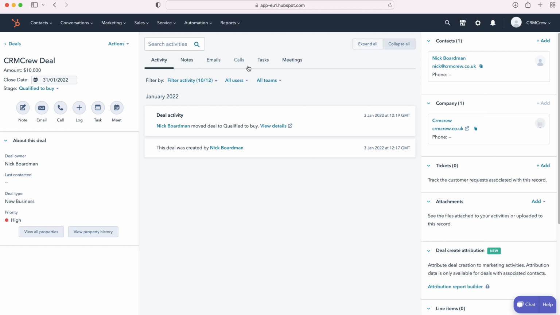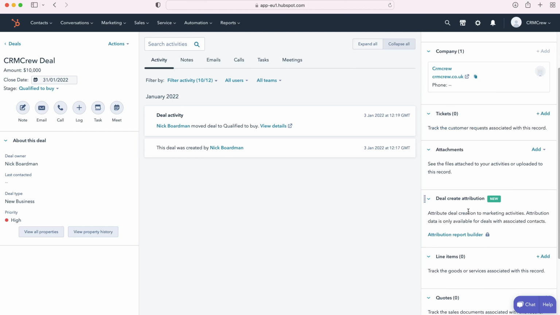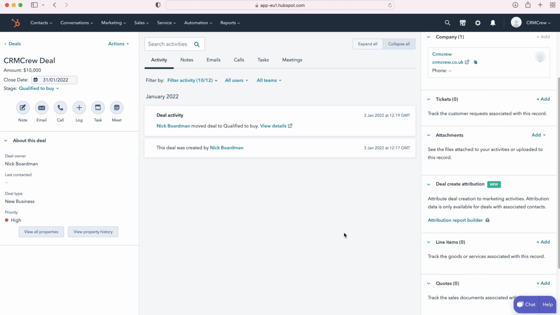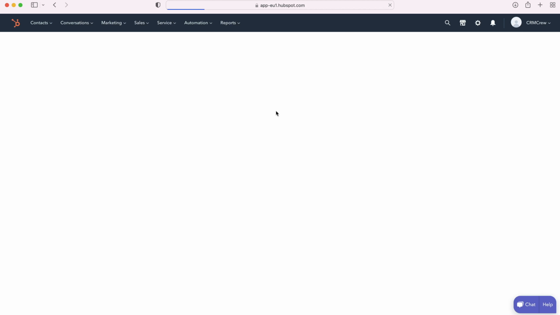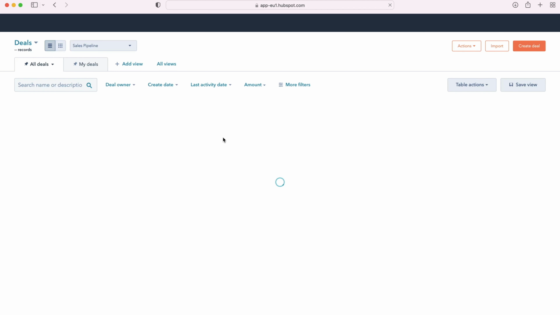And then on the right hand side we have some additional information as well, which is obviously very, very useful and makes managing our deals easy. So this is our £10,000 deal. Our deal as it stands currently is in the qualified to buy stage, and you can go ahead and move them along the different stages like so. But I'm going to demonstrate a preferable way, or the way I prefer to manage my deals in the HubSpot CRM system. So if you click back out and go to the HubSpot main page like we were on earlier,